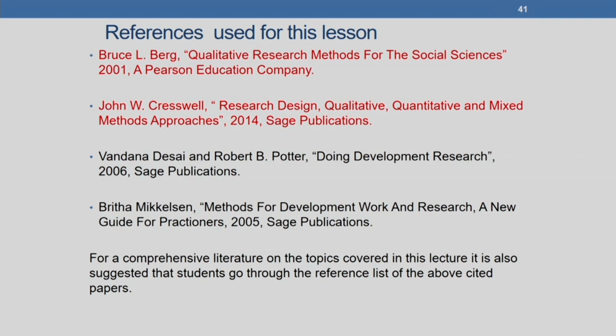For qualitative design, the two main references that have been used in detail, shown in red font in your slide, are Bruce Berg, Qualitative Research Methods for the Social Sciences, and John Creswell, Research Design: Qualitative, Quantitative and Mixed Methods Approaches. For comprehensive literature on the topics covered in this lesson, I also suggest that students go through the reference list of all